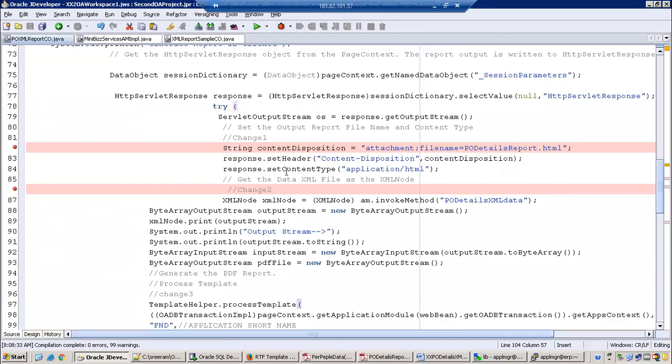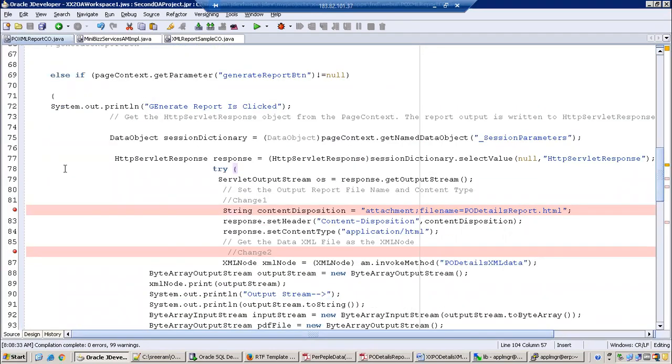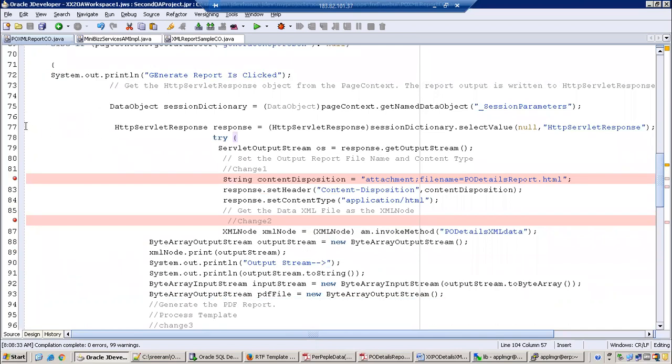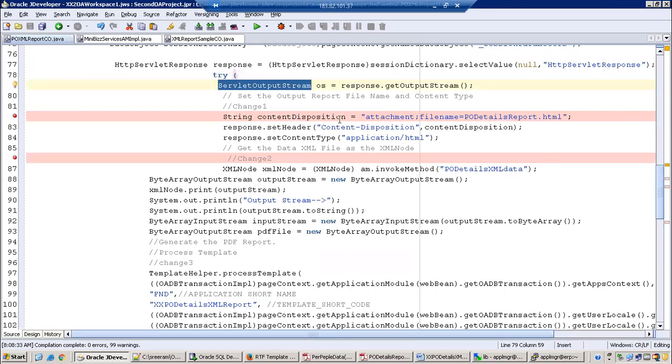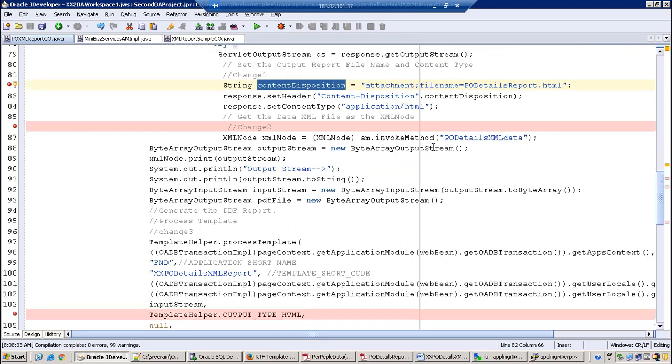Now comes the important thing. Let me go through the code step by step. This is for the purpose of the servlet response, and we need to create a servlet response object. This is only for the purpose of generating the output as a file dialog. For content disposition, we have to mention what output you want to send and what file name you want to set. The remaining things we have to follow as they are. This attachments code is very standard, and we have to follow it.